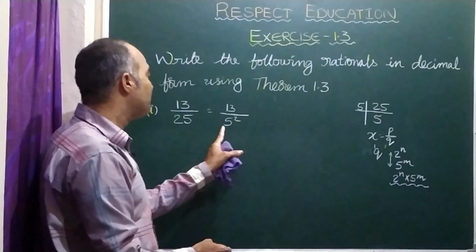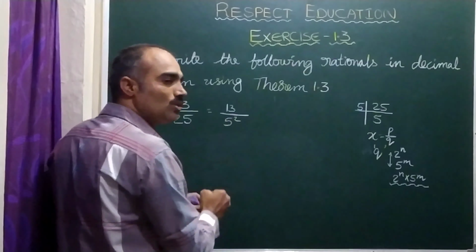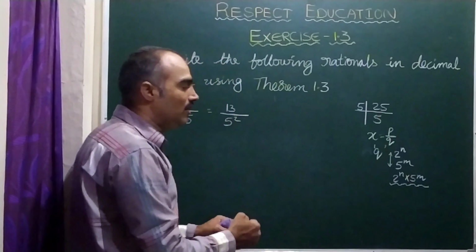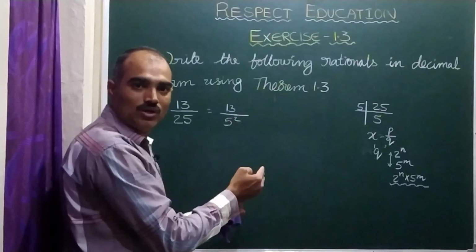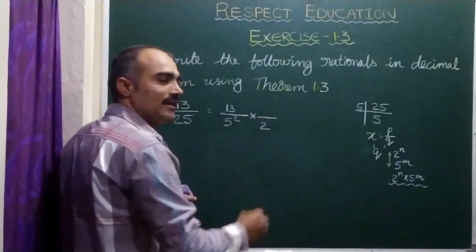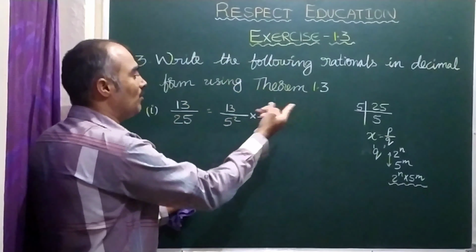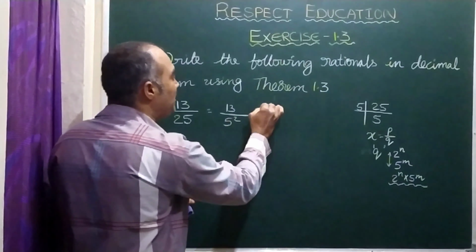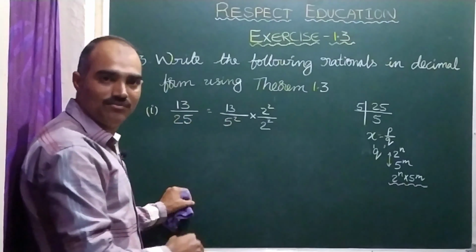Let us see here, children, it is 5 square. For 5 square, 5 is there 2 times. You just imagine 5 and 2 both are friends. 5 cannot stay alone. Immediately it will call 2. You just observe 5 is there 2 times, so it will call one more 2. So here 2 square. Whenever you divide with 2 square, immediately you should multiply with 2 square also, so that the given problem is not affected.